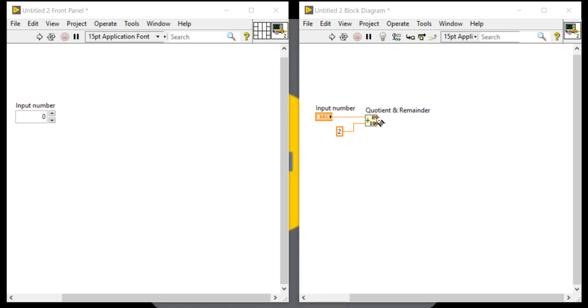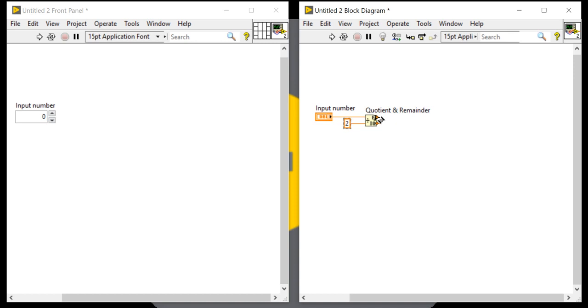This will generate a remainder and this will generate a quotient. Here the remainder is important for us. This number will generate either 0 or some other number.